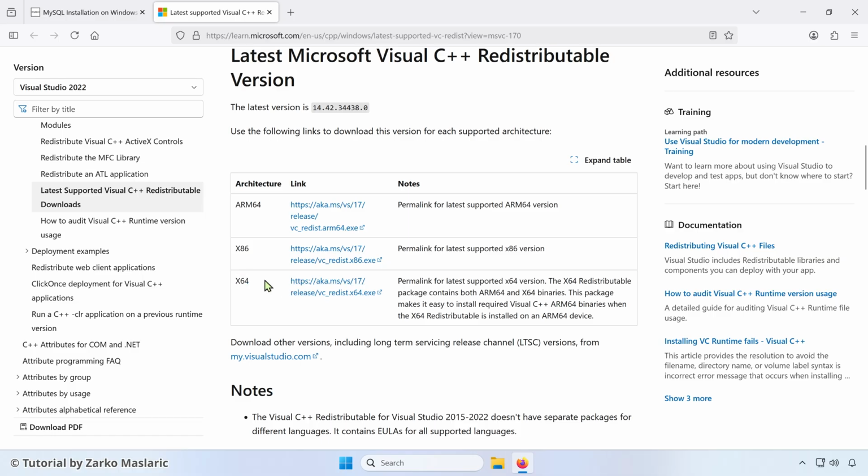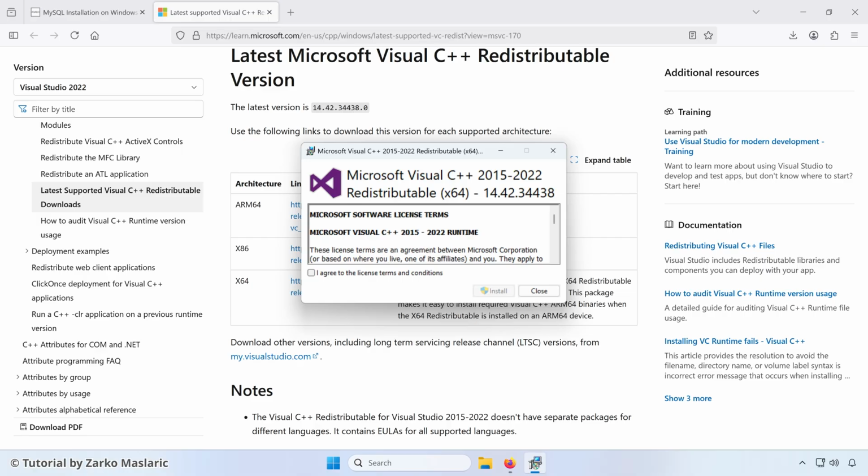You can find the download link next to it here, so click on it and it will download an exe file that you need to open up from your downloads here, and it will open up this interface. Note here that if you already have this installed, it will offer some options like uninstall and repair. In that case, you don't have to do anything. It should be already installed, so you can just close out of it. But if you get this install button, that means that you don't have it installed already and that you should